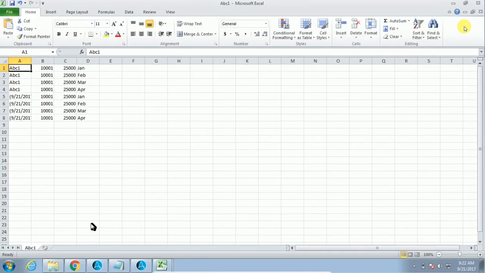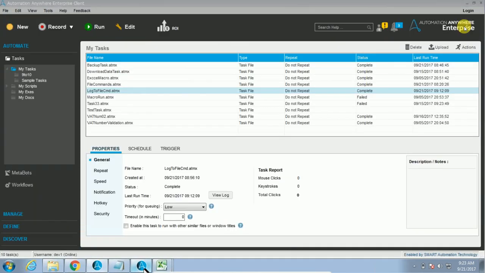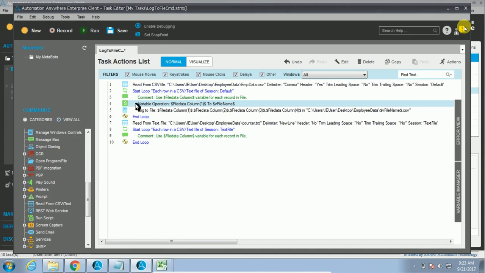Okay. In this file, let's say like ABC Employee one, two, three. Here when you see ABC 1 2 3 4 5, again ABC 1, right? Let's say the order is not in sequence, but I wanted to maintain the employee number in sequence, either ascending order or descending order. Okay. For that one,